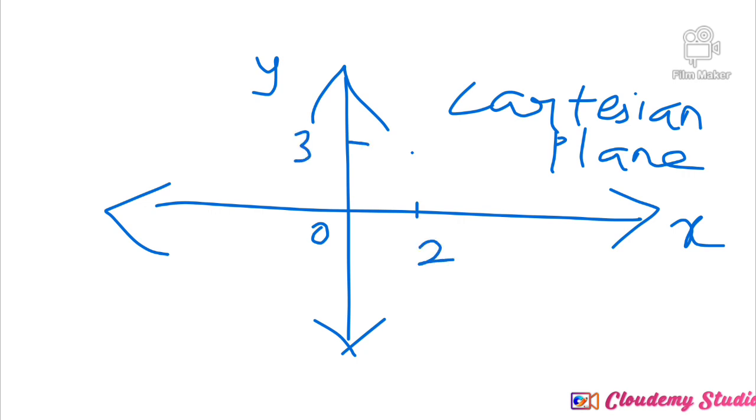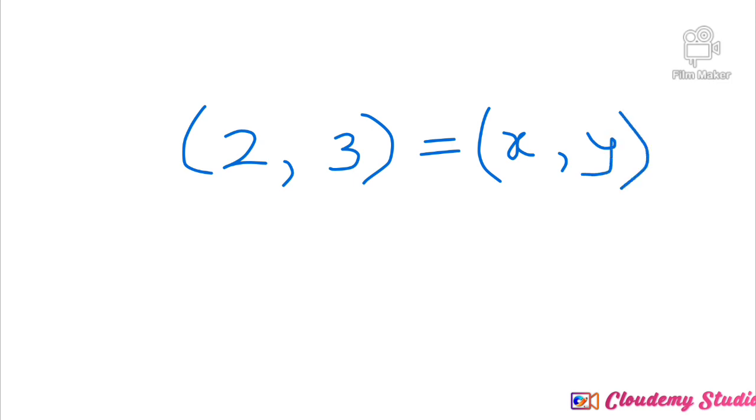Any point that is represented in the Cartesian plane, say for example 2 and 3, is represented as (2, 3), that is (x, y). So this is the Cartesian representation of a point in the graph that is being discussed in your coordinate geometry